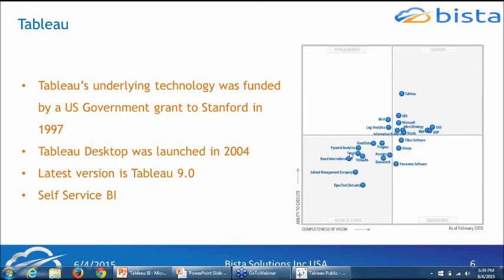So Tableau Online is nothing but a service. It will give you all the functionalities of the server. Tableau Server is basically an in-house server that you host on your premises. Tableau Online rather would be a cloud-based service by Tableau, where if you don't want to invest in servers, you can take services from Tableau itself and use Tableau Online as a platform to publish your reports that you have developed on the desktop.